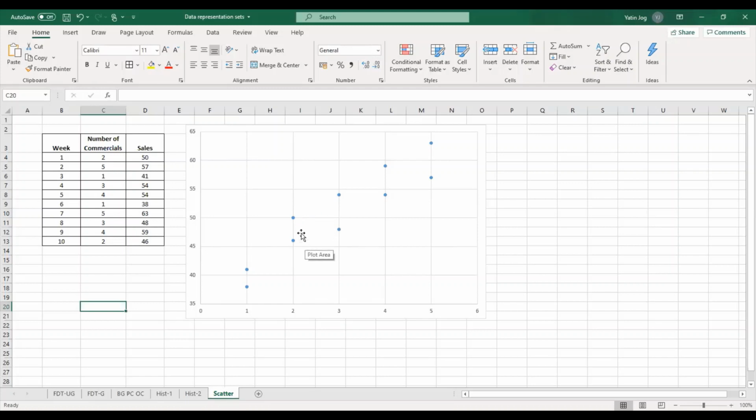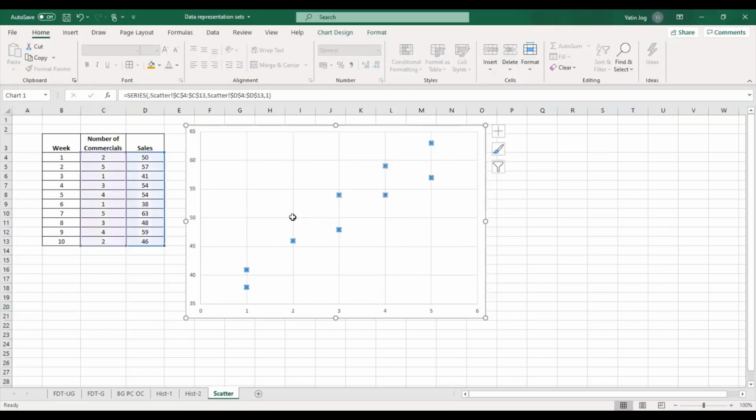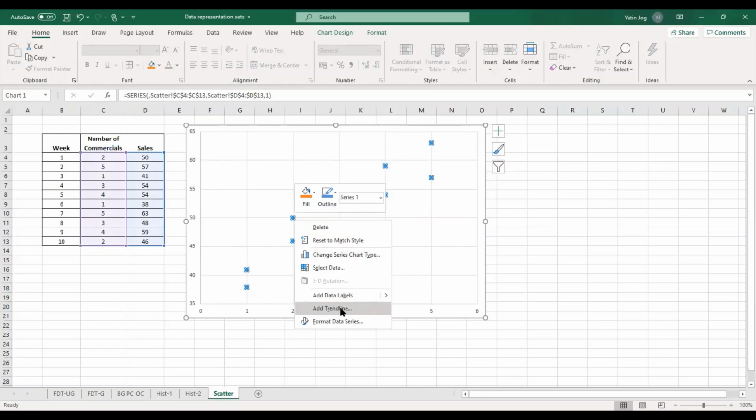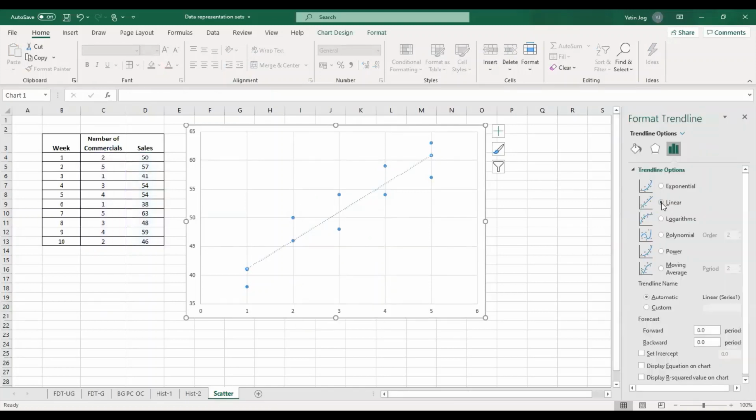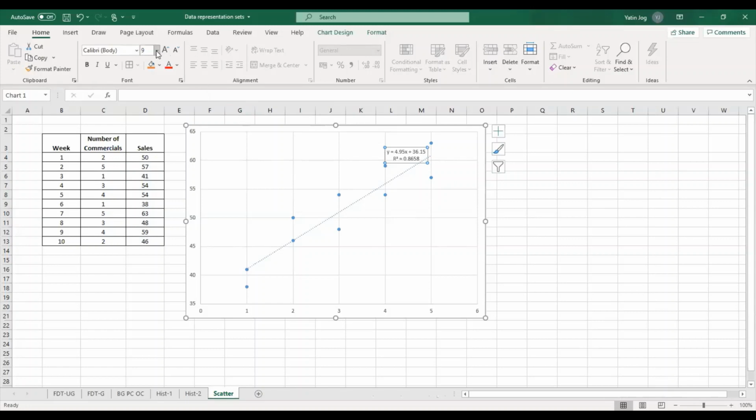So right now this is scatter diagram output, and now if you select any one data point in the scatter diagram, by default it will select all the data points. Click on any one data point, right click, and then you'll find one option called add trend line. So click on add trend line. We'll keep it to linear because non-linear relationships is not part of this course. Maximum what you can do is you can display the equation on the chart and the R square value. Right now you don't know anything about R square, but still if you want to, you can go for equation and R square value. So this is your equation of line and the R square value.